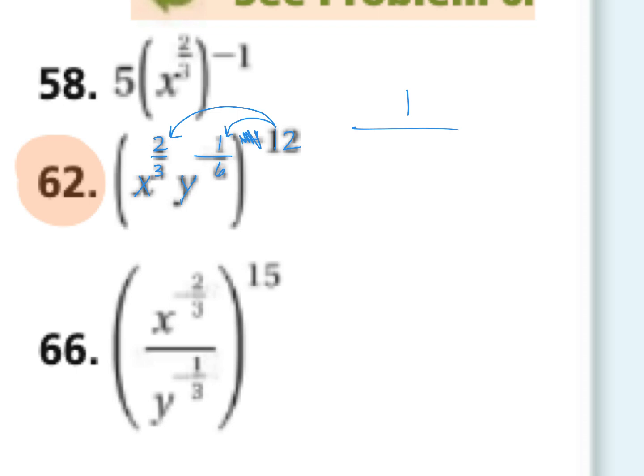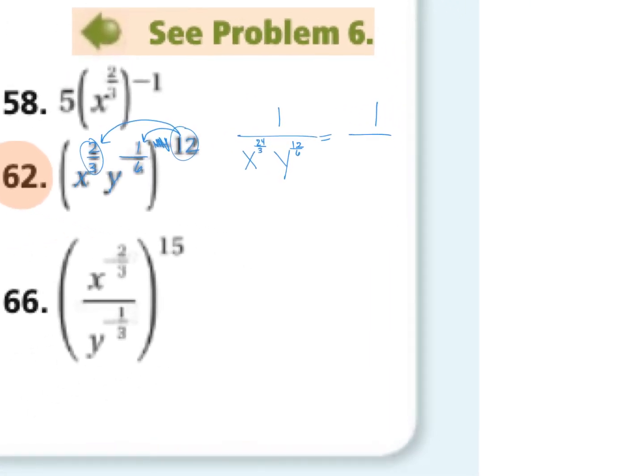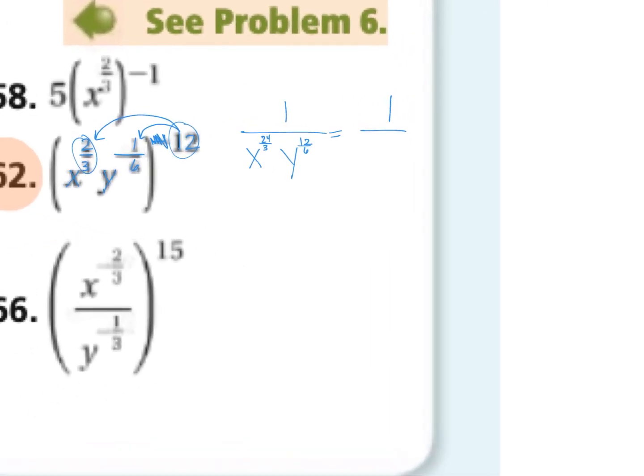So x to the 2/3 times 12 would be 24/3, right? Which you can just write as 8 right off the bat. I'm just doing it for those that want to see it this way. And then y to the 12 over 6 would be the second power. Sorry, 12 over 6 if you want to see where I'm getting it. So you would get on this one, oh,